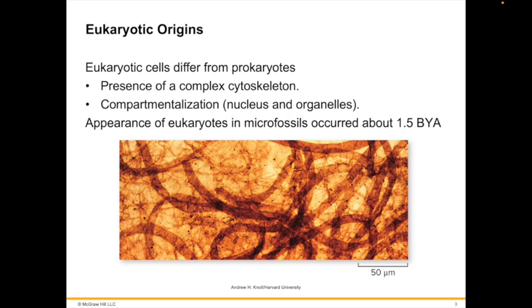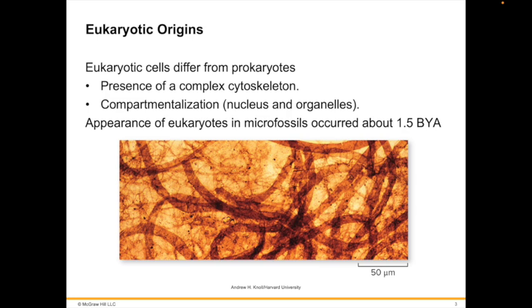In rocks about 1.5 billion years old, scientists have found well-preserved microfossils that are noticeably different in appearance from earlier, simpler cells. An example of fossil algae is shown in this figure before you. These cells are much larger than those of prokaryotes and have internal membranes and thicker walls. Early fossils mark a major event in the evolution of life. A new type of organism had appeared.